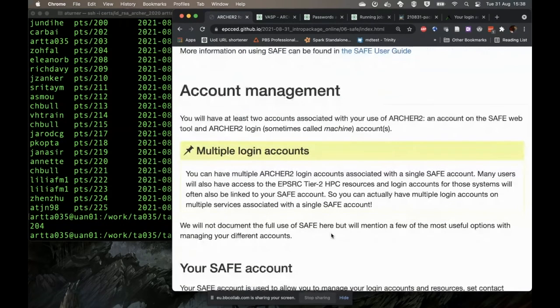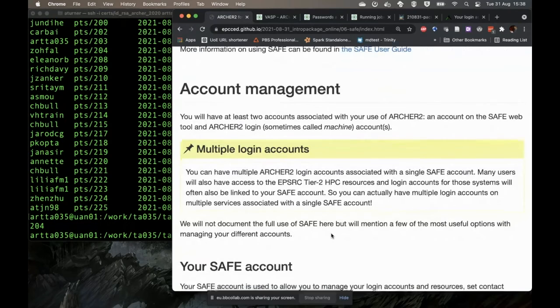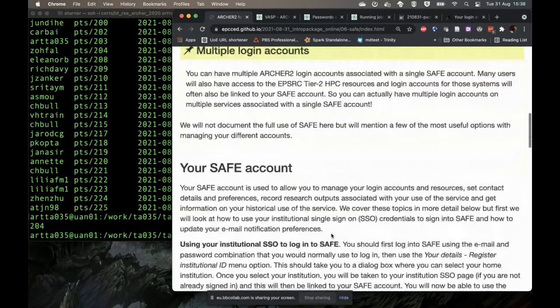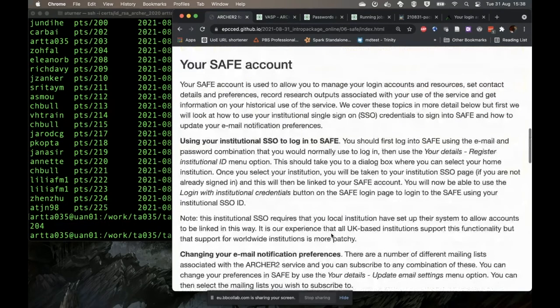But we're not going to go through everything that SAFE does here because it does a massive amount of stuff, but we'll mention a few of the most useful things. So the SAFE account allows you to manage your login accounts, look at your resources, set contact details and preferences, record research outputs, and things like that. But one of the most useful things you can do here is link your institutional single sign-on. This works very well, particularly if you're a UK institution,